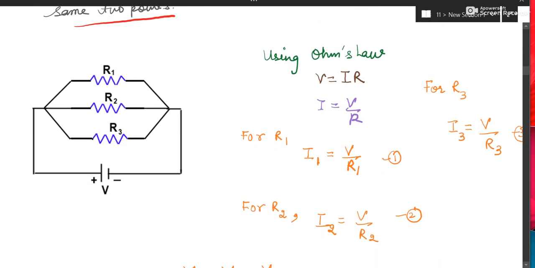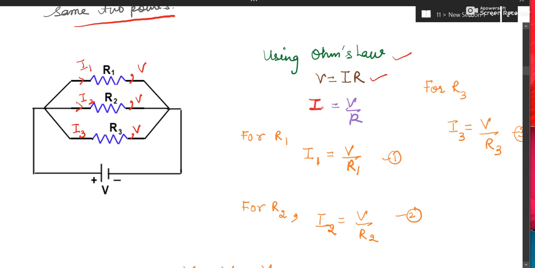So we'll draw this diagram once again and we will label it. Voltage is the same, so you can write here voltage V and V and V, but current will be different, so you can write here I3, second arm it is I2 and first arm it is I1. Do the labeling properly. Now pick up Ohm's law, which is V is equal to IR. What is different? You will find out the expression for that. So I is different here, current is different in all three branches.